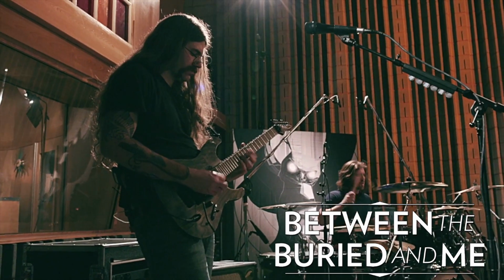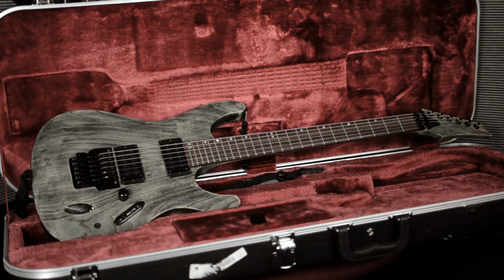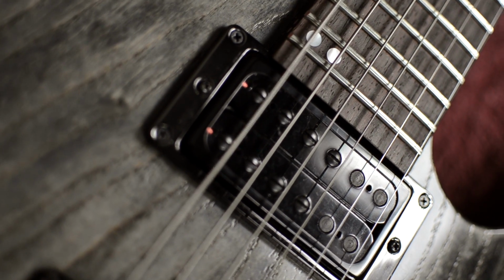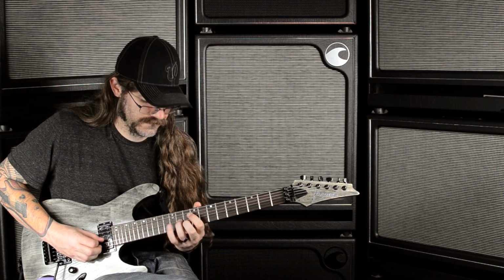At the present time, I'm playing an Ibanez guitar, which is a custom guitar, but based pretty much on the S series that a lot of people would be familiar with. It's got a swamp ash body, which is pretty uncommon for those type of guitars. Typically, they're mahogany. So this one's swamp ash. I'm obviously using the Mojotone PW Hornet pickup set, with D'Addario strings on there, and I basically run that into an Axe-Fx,